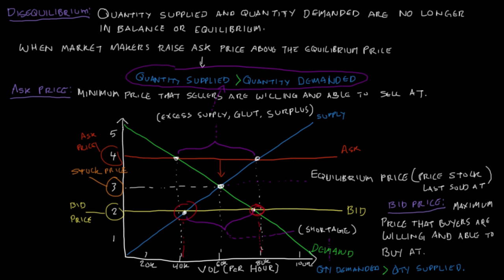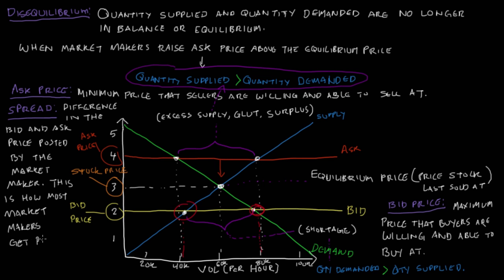So market makers would have to raise the bid price closer to the equilibrium price to satisfy the interest between buyers and sellers. And trust me when I say this, market makers want stock transactions to take place because they generally get paid through something called the market maker spread, which is just the difference between the bid and ask price posted by the market maker. When there isn't any activity between buyers and sellers, market makers aren't getting paid from the spread. And so market makers will have to adjust the bid and ask price accordingly to prompt the facilitation of stocks